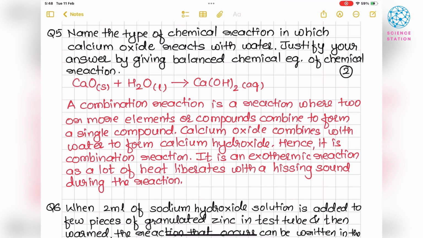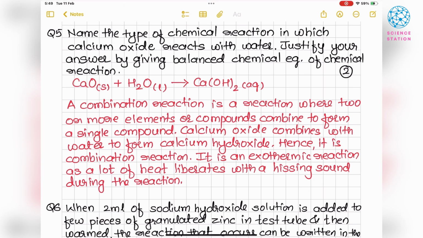It is an exothermic reaction as a lot of heat is liberated with a hissing sound during the reaction. Now, sixth question says, when 2 ml of sodium hydroxide solution is added to few pieces of granulated zinc in a test tube and then warmed, the reaction that occurs can be written in the form of a balanced equation as NaOH plus Zn gives NaZnO2 plus H2O,